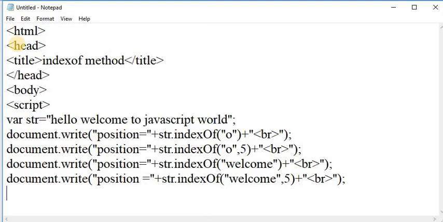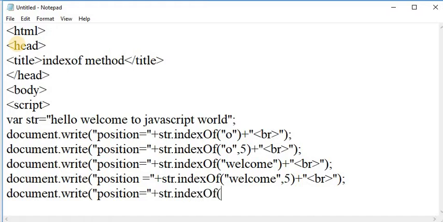And again I am printing document.write the position of a not-present element in a string. Means the element which is not present in the string returns -1, and here I am finding the index of a string which is not present in this string.